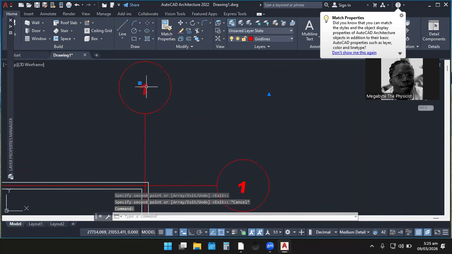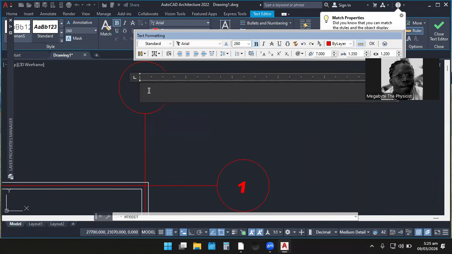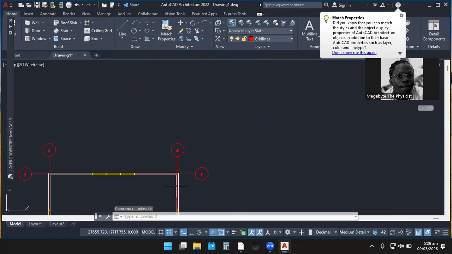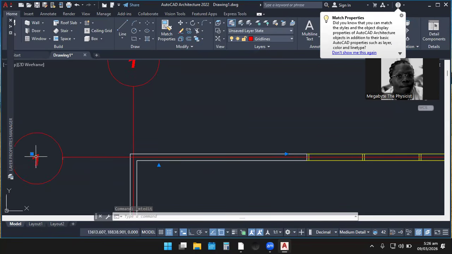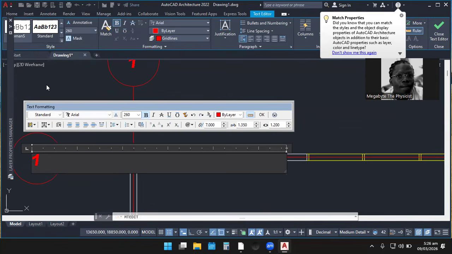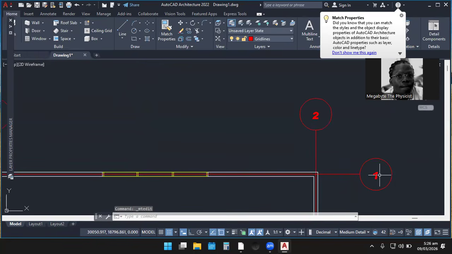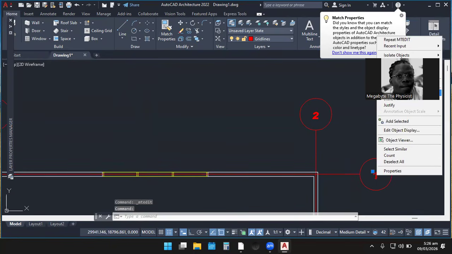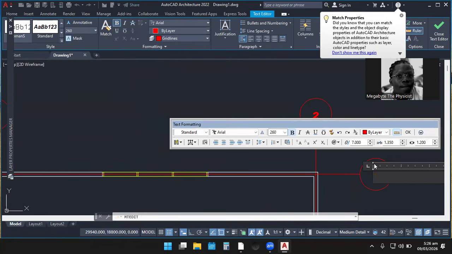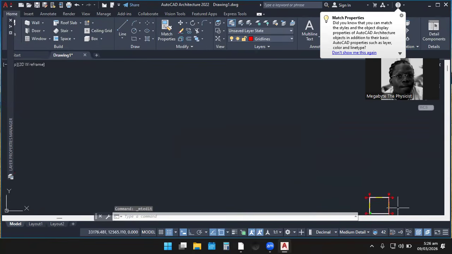So this is going to be 1. This is going to be 2. See, so this is actually 2. And now for this part here, we want to use A. So let's say this is A. If here is A, then you realize that here is also A. Exactly. So it's the same thing we are doing.